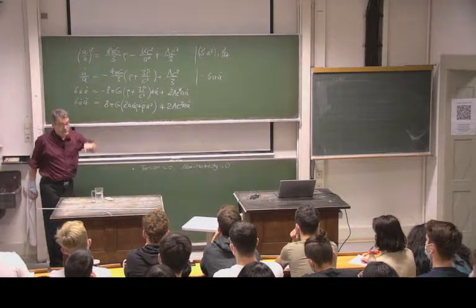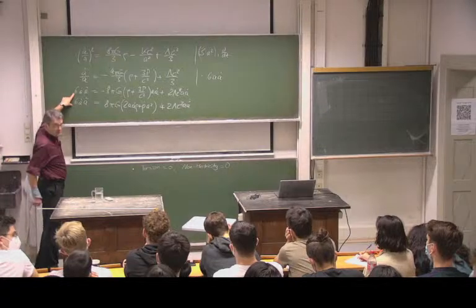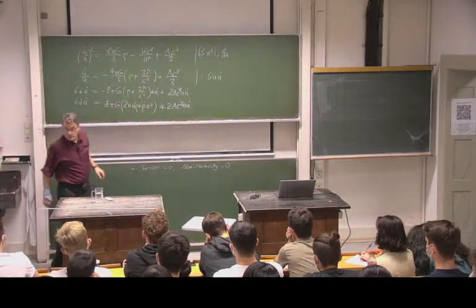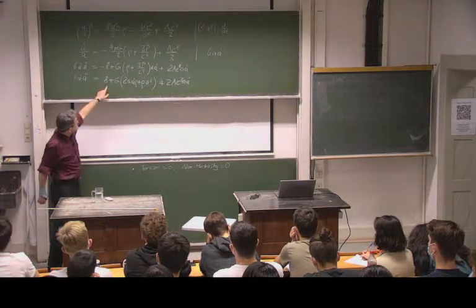All right, now let's subtract the first equation from the second. Then the left sides are going to vanish. The cosmological constant is going to drop out. This means that in both